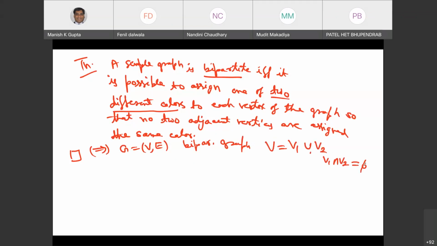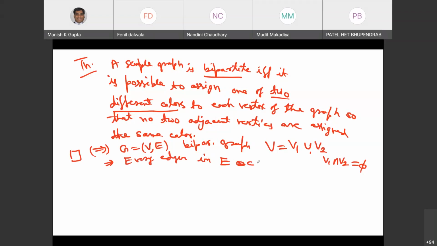Nothing is common. Then, it is given that the graph is bipartite. Then what can we do? By definition, every edge in E